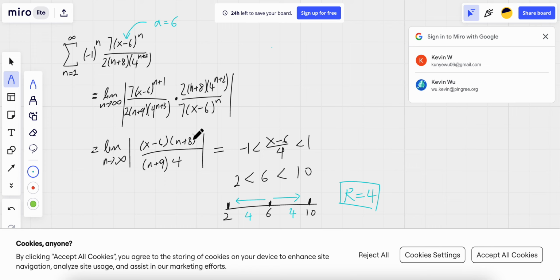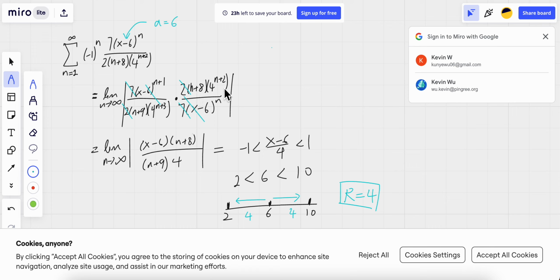So we see that a bunch of terms can be canceled. For example, the 7 and 7, they're gone. 2 and 2, they're gone. Let's see, x minus 6 all to the n plus 1, that can be rewritten as x minus 6 to the n times x minus 6 to the first power. So that can cancel with this and leaving us with just x minus 6 to the first power. And for